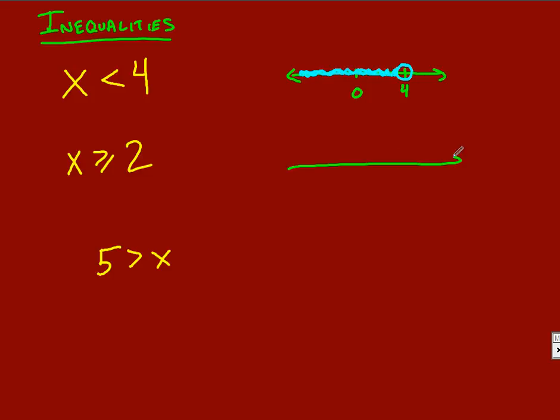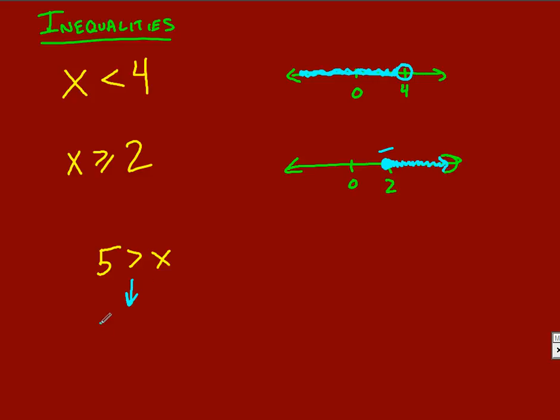The next one, x is bigger than 2, so there's 0, there's 2. It's greater than or equal to, so this time we have a closed circle, and I'm shading to the right because it's greater than. Now, for this last one, this one's a little bit trickier because x is in the